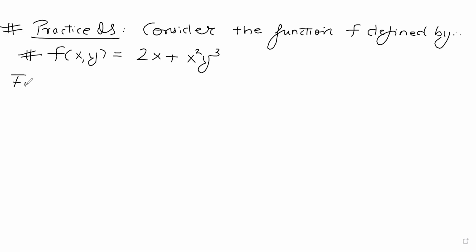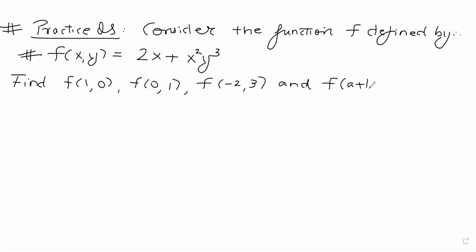The question asks you to find f of 1, 0, f of 0, 1, f of minus 2, 3, and f of a plus 1 comma b. It's a question which I have taken up from the book Sydsaeter and Hammond. So quickly, if we solve it,